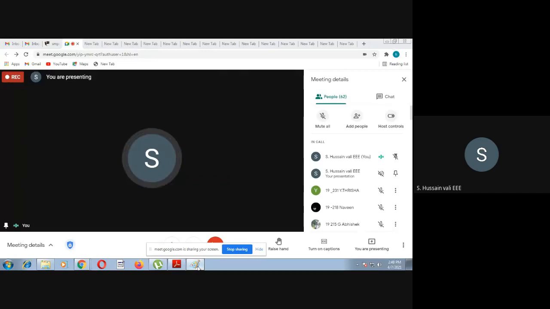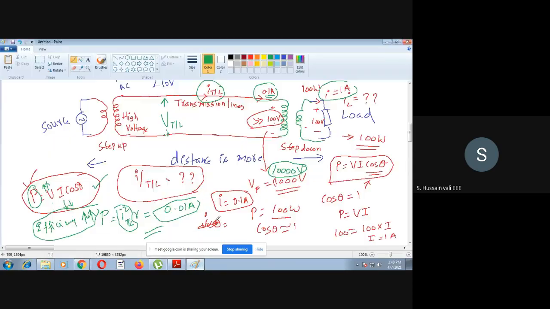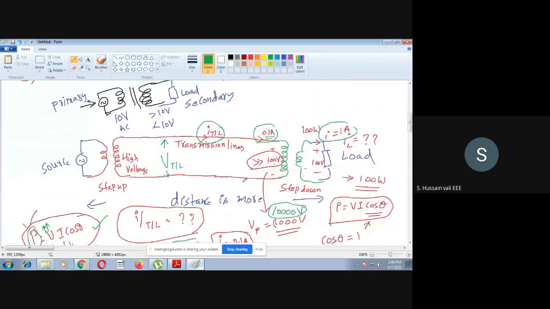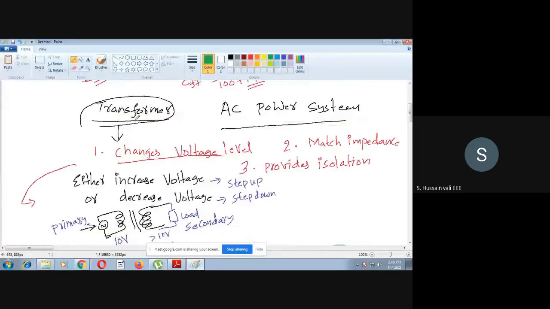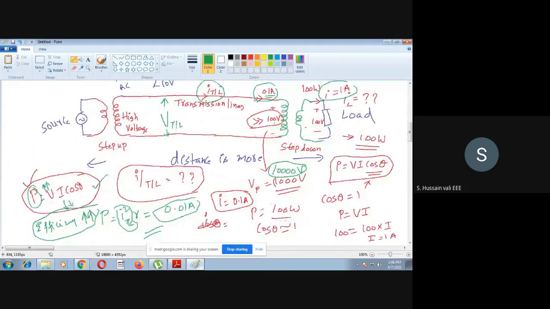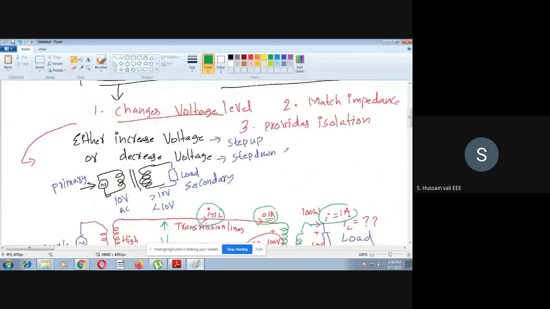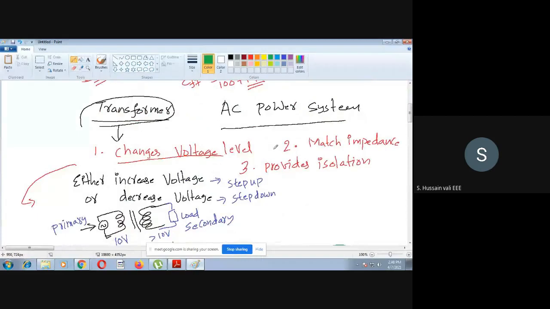Okay, so now you have taken the advantage of the first one, that is, it changes the voltage level. When you take the help of step up and step down transformers, in this particular example, you have enhanced the efficiency of the total power system. And one more advantage is that you can move to the AC power system, so that the problem with the distance between the load and source, which should be minimum in the case of the DC power system, you don't need to worry about that. So that is another advantage.